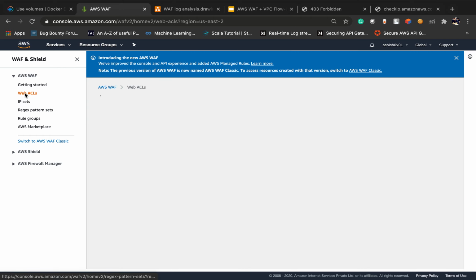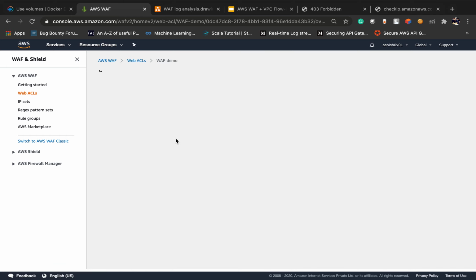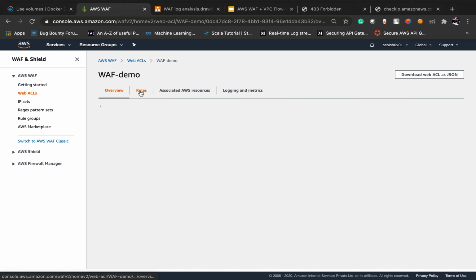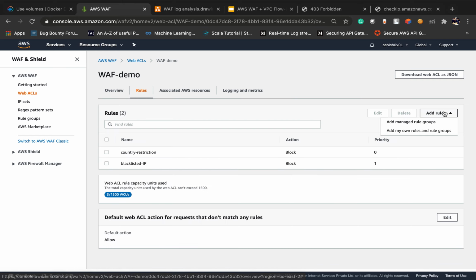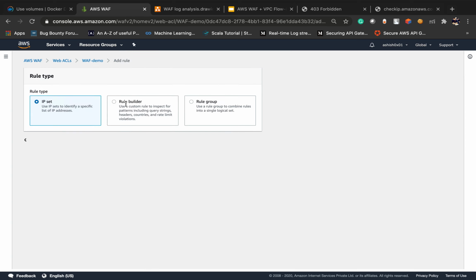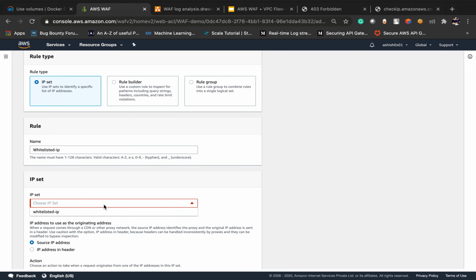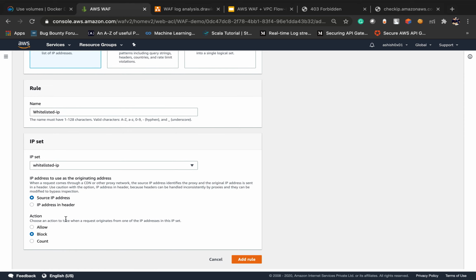And come again to web ACL, come under rules, and we need to add our own rule. IP set, it will be our whitelisted IP. We need to choose this, and if the source IP is this, in that case we need to allow.